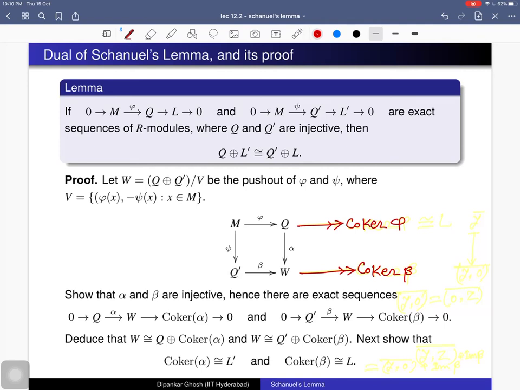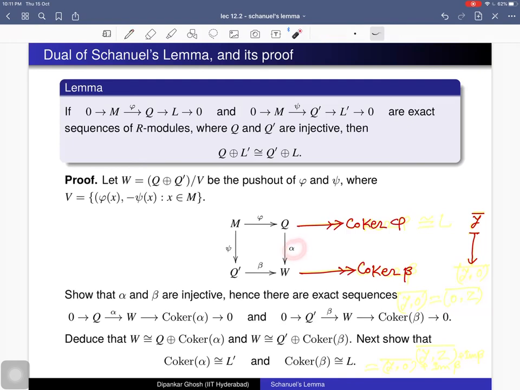And then, considering this module homomorphism from Q to W, we can have a module homomorphism from co-kernel of phi to co-kernel of beta. Namely, we can consider an element here, it is the equivalence class of some element,